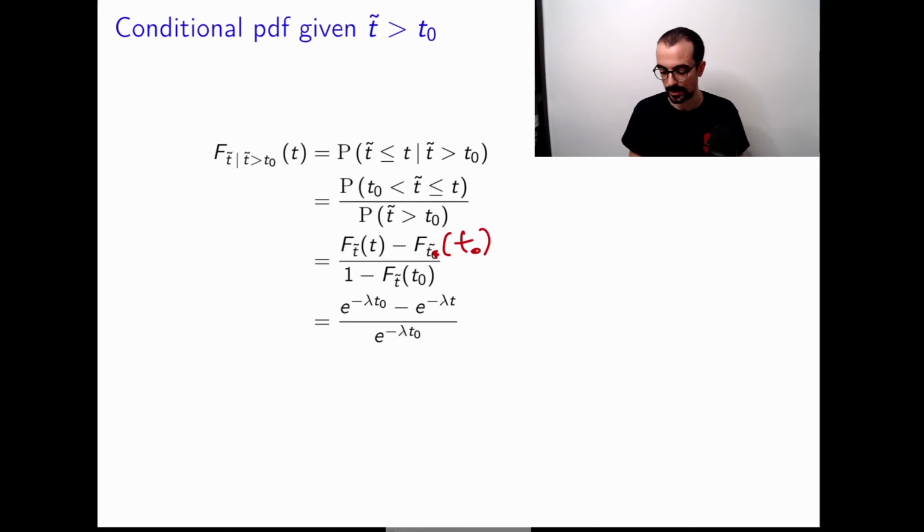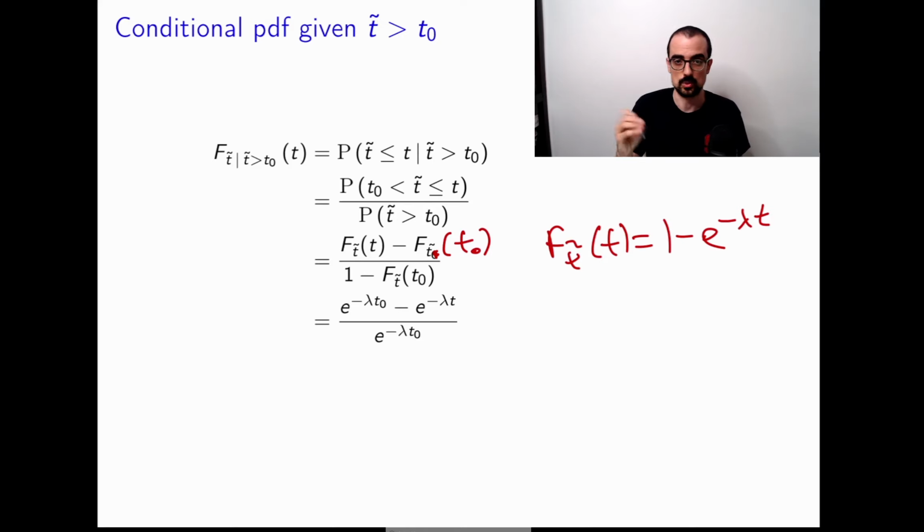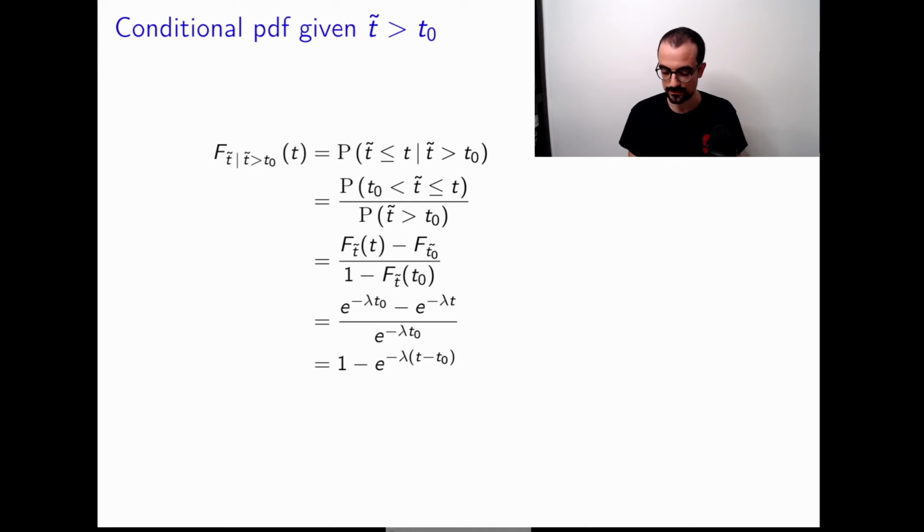Now we use the fact that, remember, the CDF of an exponential is 1 minus e to the minus lambda t. Just to make sure I explain what's happening, we saw in the real data that these conditional distributions seem to all be kind of the same. Now we're going to prove it for this idealized exponential model. So that's why we're looking at the probability of t given t greater than t0. We end up with this expression. When we divide, we get 1 minus exponential of minus lambda (t minus t0), which, if you realize, is just the CDF